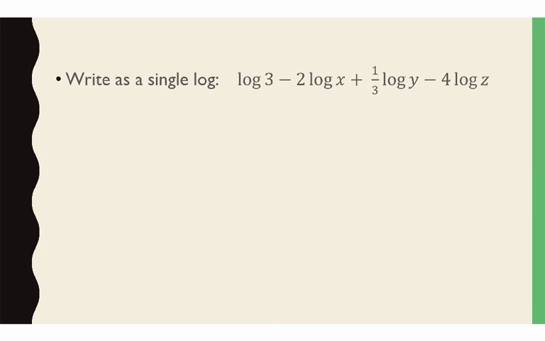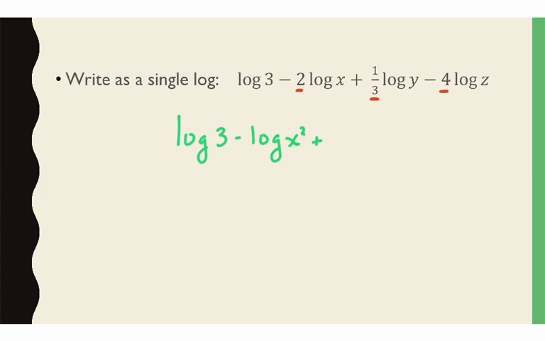Okay, now let's talk about taking several logs and condensing them into one. And I've also included something in this problem that people often mess up. But the first thing I want to do before we talk about the error is talk about these numbers out front. So as we said in the last problem, numbers in front of logs are exponents, and they should be dealt with first. So the very first thing I will do is to rewrite this problem, but to put the exponents where they belong. So we have log 3 minus log x squared